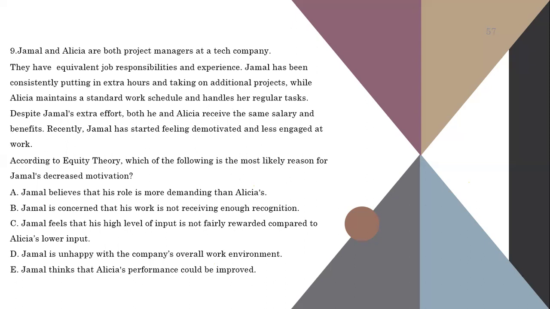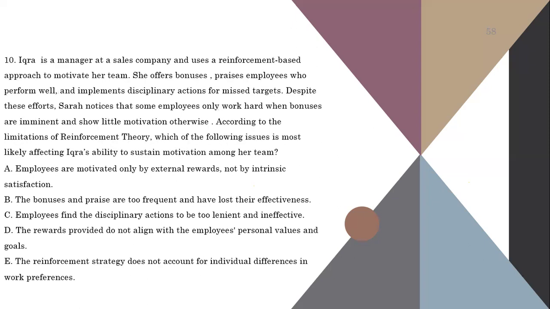According to equity theory, which of the following is the most likely reason for Jamal's decreased motivation? A, Jamal believes that his role is more demanding than Alicia's. B, Jamal is concerned that his work is not receiving enough recognition. C, Jamal feels that his high level of input is not fairly rewarded compared to Alicia's lower input. D, Jamal is unhappy with the company's overall work environment. E, Jamal thinks that Alicia's performance could be improved. The answer is C. 10. Ikra is a manager at a sales company and uses a reinforcement-based approach to motivate her